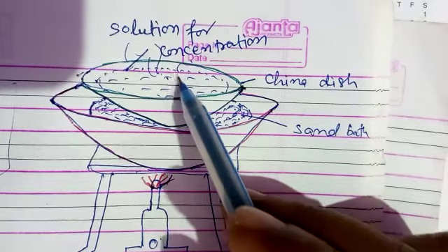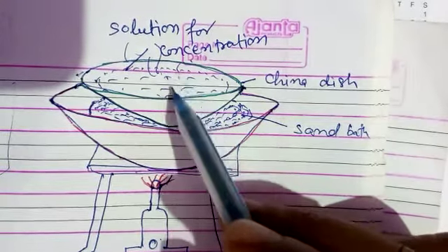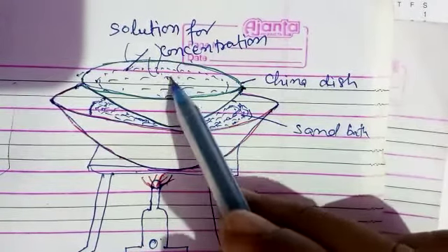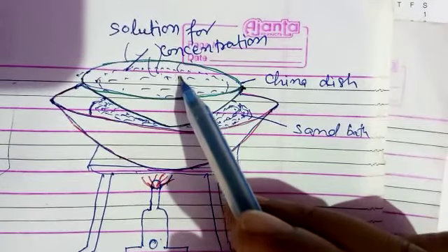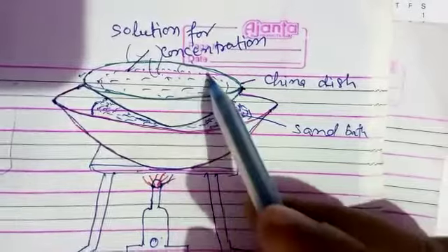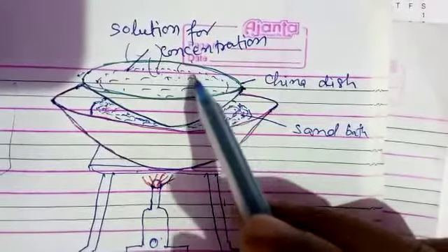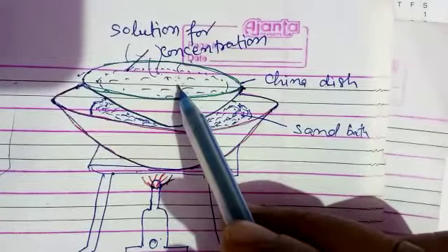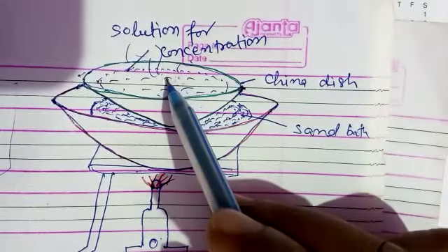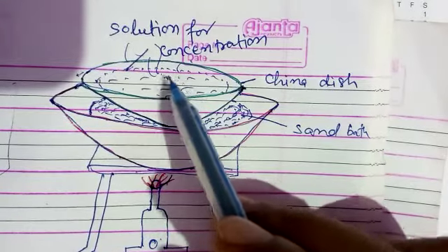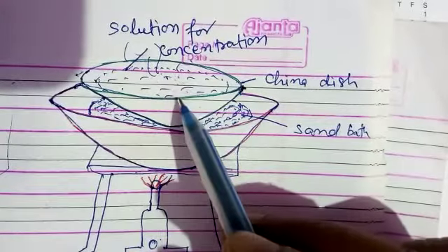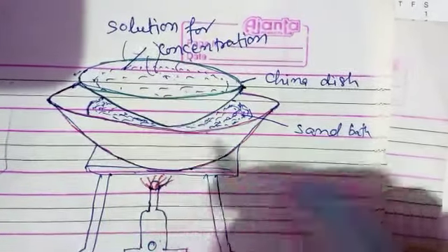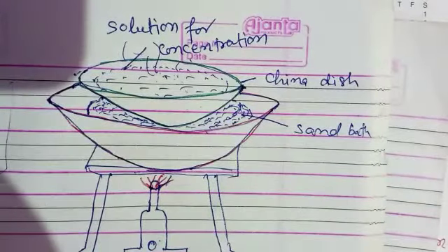after that we will decant the aqueous layer and transfer the crystals which have formed in this dish onto a filter paper and dry them carefully with the help of filter papers, because the filter paper soaks whatever water content is present in these crystals. So thus, students, we can do this process.